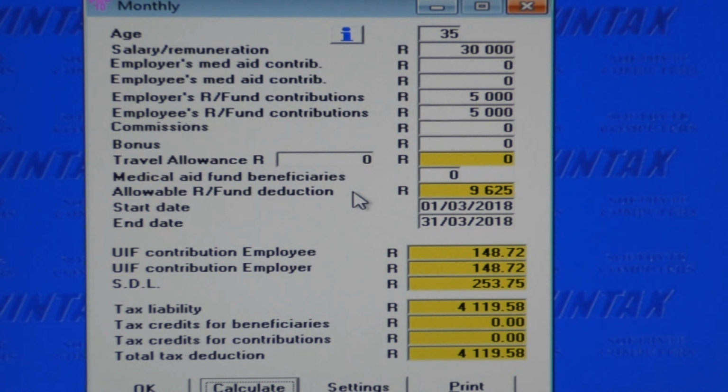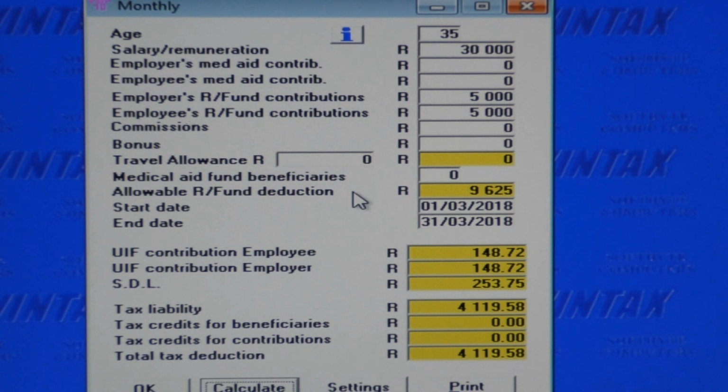Both the employer's 5,000 plus the employee's 5,000 may be considered as a deduction against income, but SARS's 27.5% formula may limit this. The two contribution amounts come to a total of 10,000 Rand, but this deduction is limited to 27.5% of remuneration. The remuneration is 35,000 Rand, and 27.5% of 35,000 Rand is